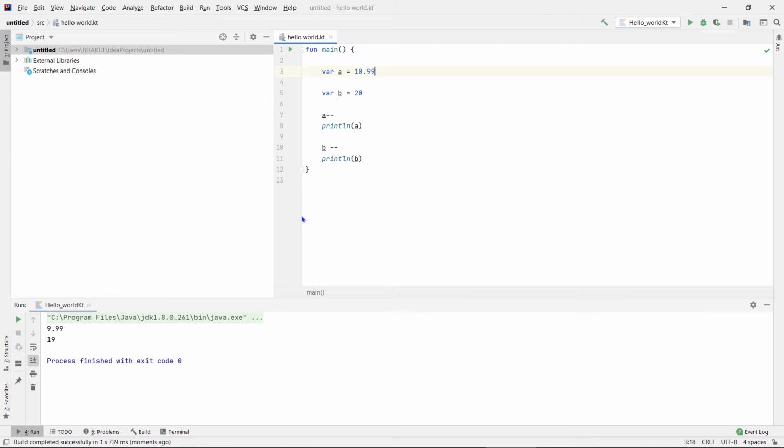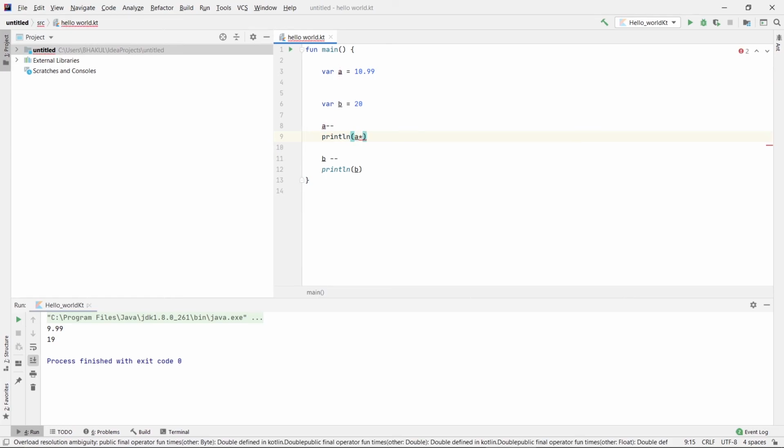Let's try some other things here. We have declared the two var variables. Now suppose you want to decrease the variable by 1 and multiply it by some integer like 10 or 11. Just go to the print function and write the star arithmetic operator to multiply by any integer, let's say 20.